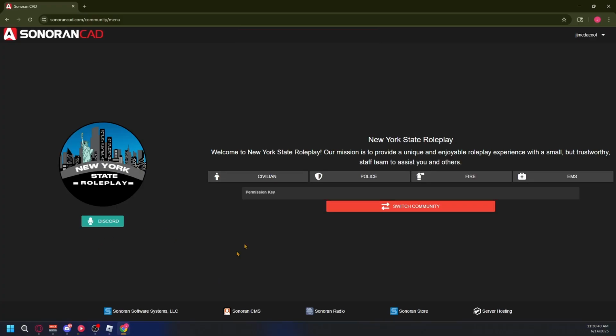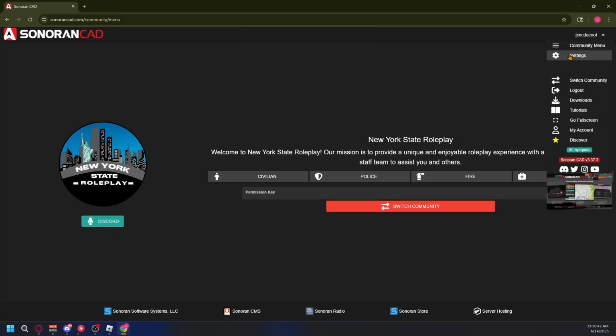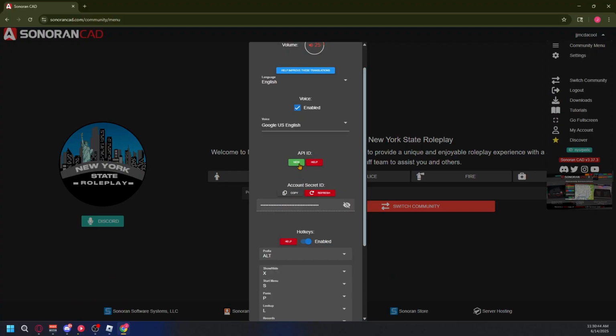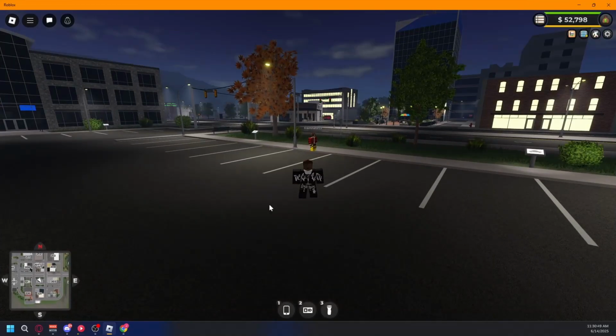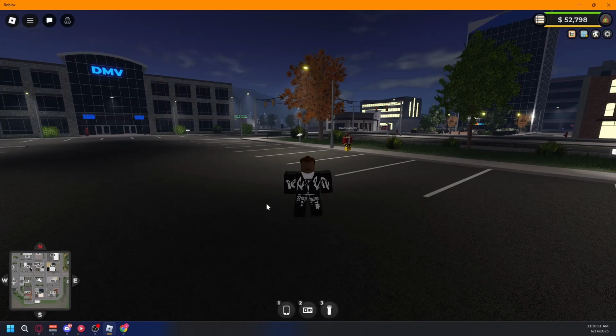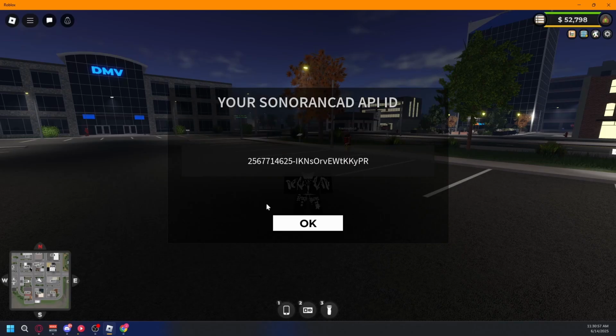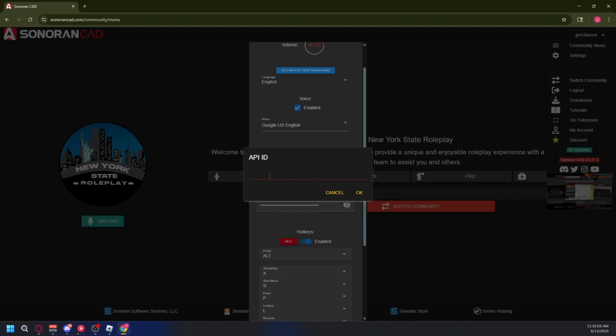One thing that is required though is you gotta go to your settings on the CAD, and you can see how there's an API ID. We're going to click new and we're going to just head on over to Roblox. In chat, while you're in the server code is SEA. If you /API ID, it comes up with this API ID right here. So you just kind of copy this guy and you head on over to the CAD and paste that into